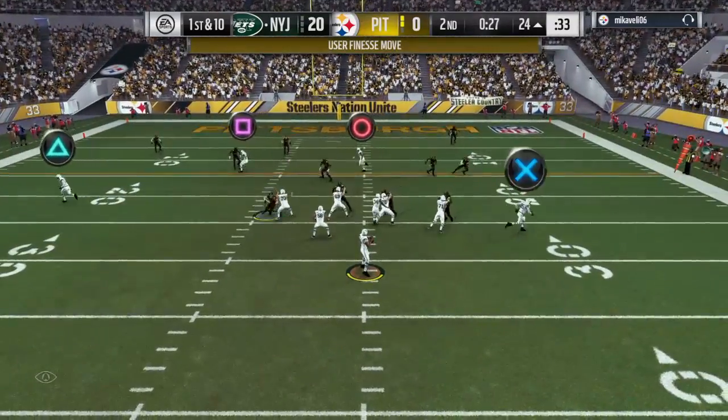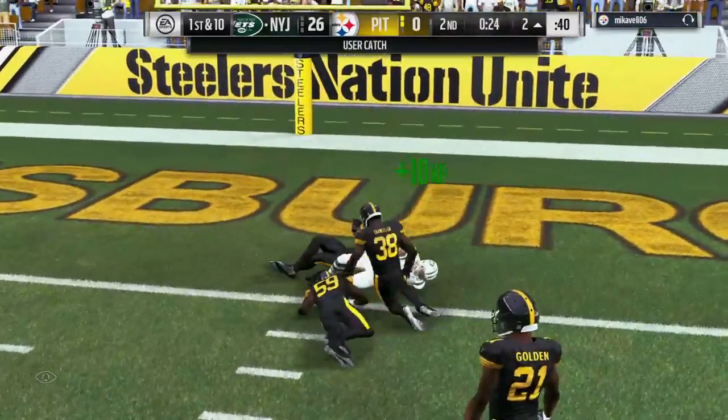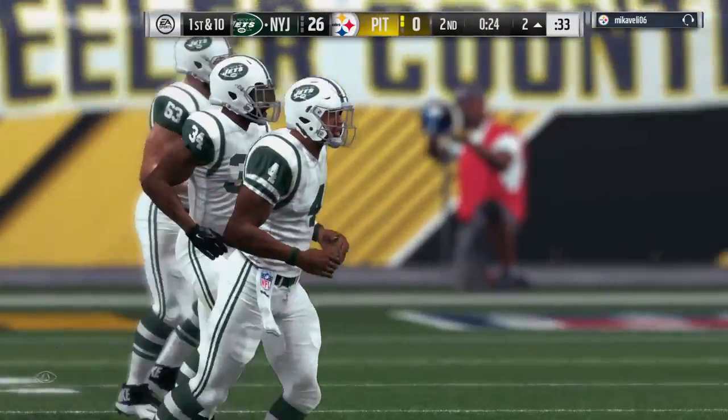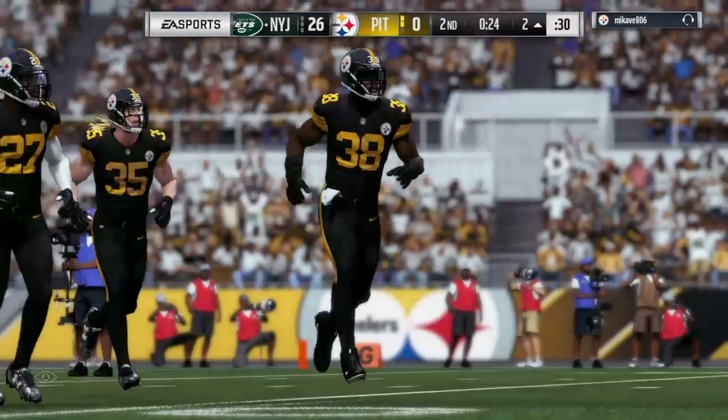Now a play fake here on first down. Surveying the field. That is caught. And he's going to take it in for a Jets touchdown. Robbie Anderson on his way to a monster game. 3 first-half touchdowns. And the Jets find a way to stretch their...